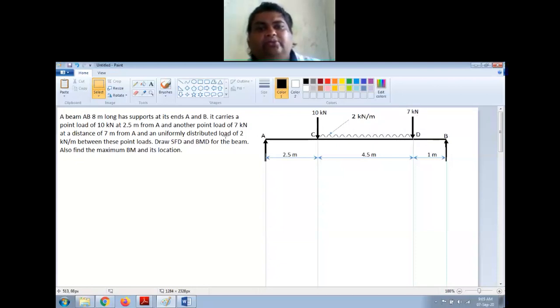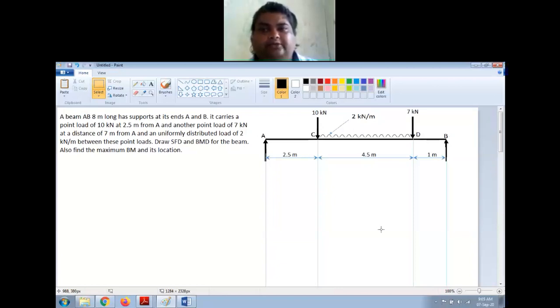And a uniformly distributed load of 2 kilonewton per meter between these 2 points. This is one point load, this is the second point load. Between these 2 point loads, I have a UDL. You can see this wavy line here. So this is the UDL, and the intensity of this UDL is 2 kilonewton per meter. Now you have to draw the BMD and SFD, and also find the maximum bending moment and